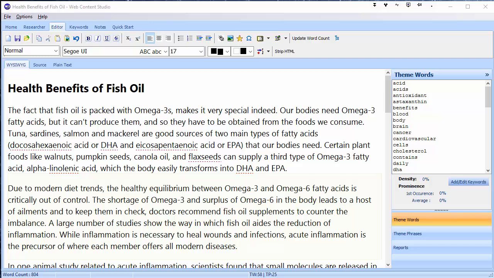Although I don't recommend you do this, it is possible to insert images into your content within Web Content Studio. The reason I don't recommend it is just because you're going to have to upload the images separately anyway. But if you do that, then there isn't really a problem. Let me show you. First off, you put your cursor where you want the image to be inserted, and then